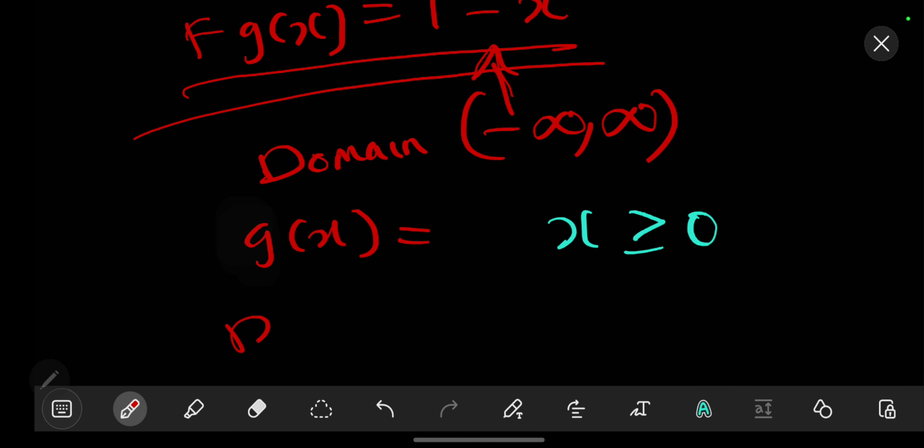domain. So our domain are the acceptable x values that you can use throughout. So the domain shall be such that our x should be greater than or equal to 0 there. So this is how we deal with composite functions when doing